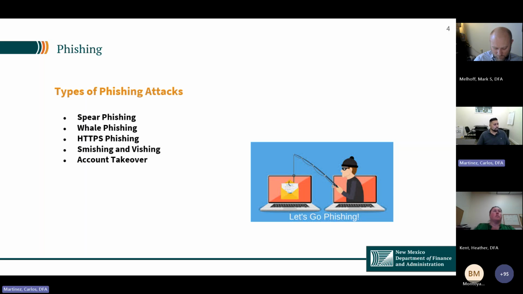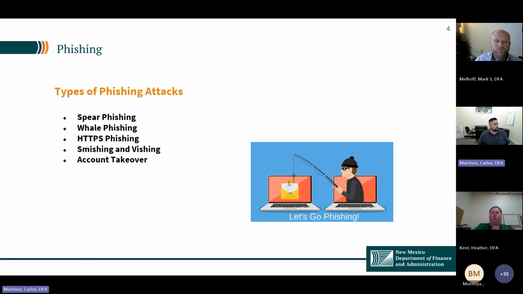Others are HTTPS phishing attacks. So if you go to a website and click on a link that's false, that redirects you to another site that is malicious. That could be one. You see this also within emails, where it says that it's a link to a specific location and it sends you someplace else. So this is one that we're seeing quite a bit.